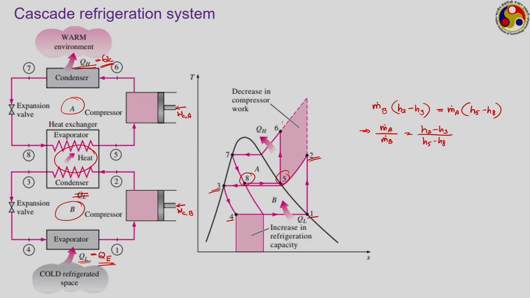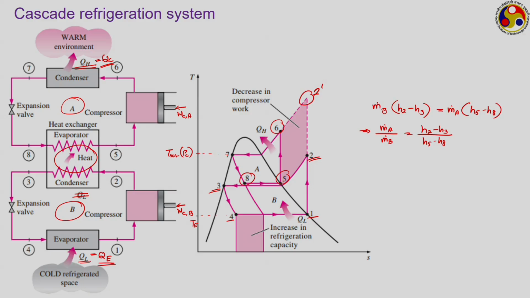Now, 5 to 6 is the compression process in the topping cycle, and then we have the rest of the process. 6 to 7 is the process during which heat is finally rejected to the surroundings. Let us say this temperature is equal to the evaporator temperature of the combined system, and this corresponds to the saturation temperature corresponding to your final condenser pressure. If we want to reach this final condenser pressure from the initial evaporator pressure, you would have ended up after the compression at this particular point 2 prime, that is, 1 to 2 prime would have represented the single stage compression. Rather, here the compression is being achieved in two steps,